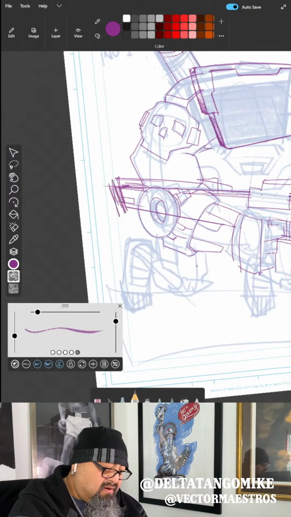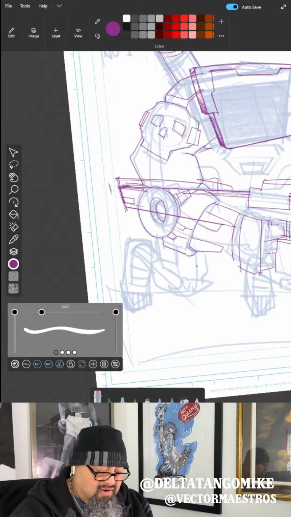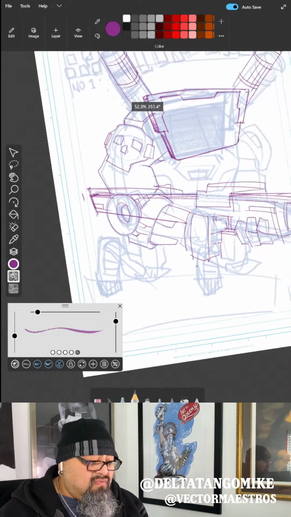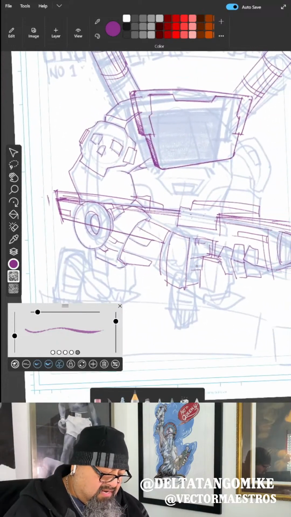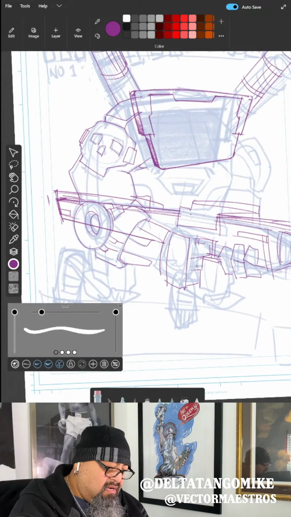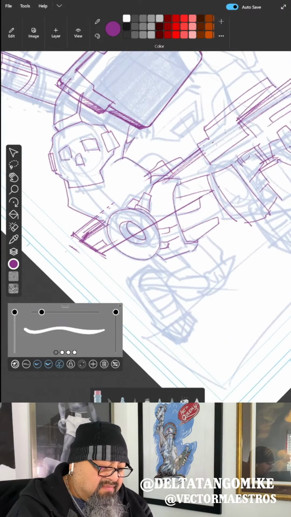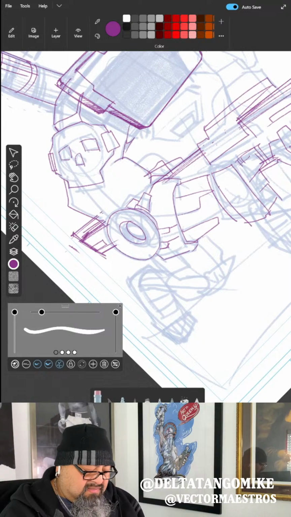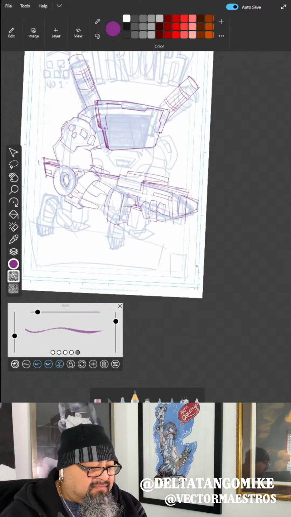What kind of apps do you use for comic drawing? What are you working on, and what is your favorite app for that? Yeah, just leave it in the chat. Let me know, because I do like drawing on different apps. Some apps are better than others about some things, and I like to try them all out.